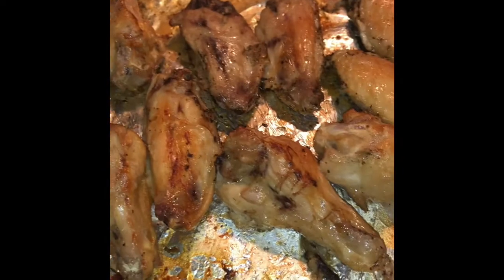There you have it. Easy peasy chicken wings. Basically all you do is season them, put them in the oven,